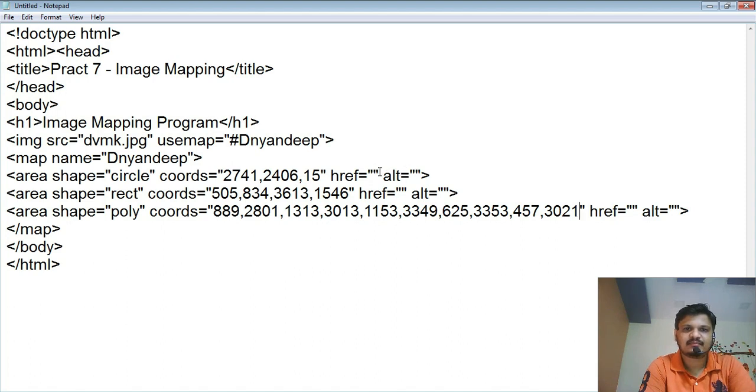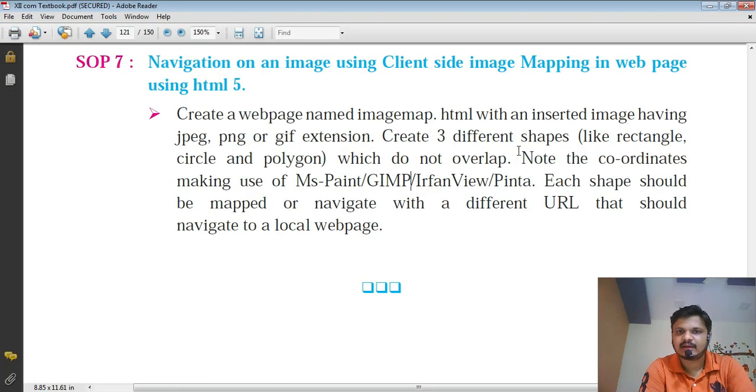Now first of all, circle, href. In the requirement, see the last line, each shape should be mapped or navigate with a different URL that should navigate to a local web page. Local web page.